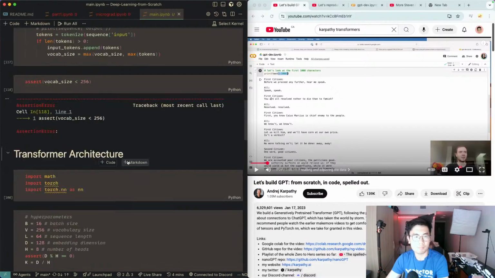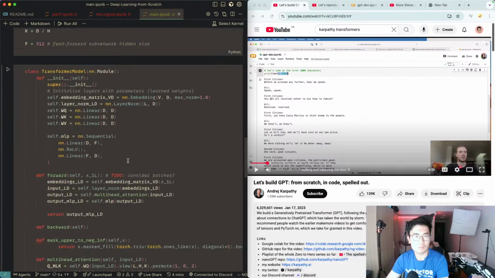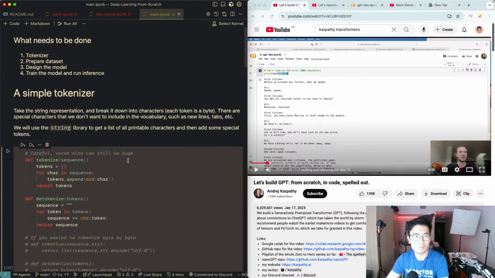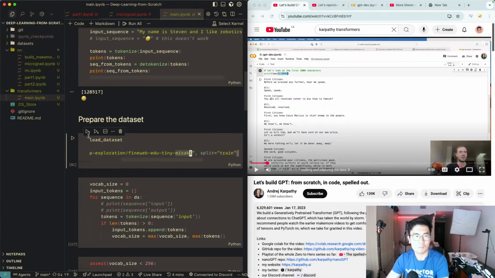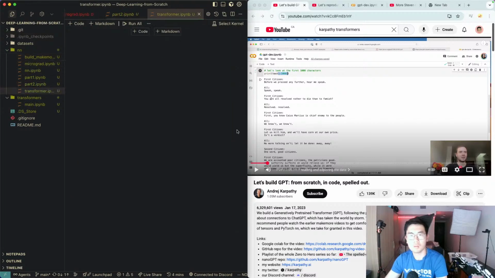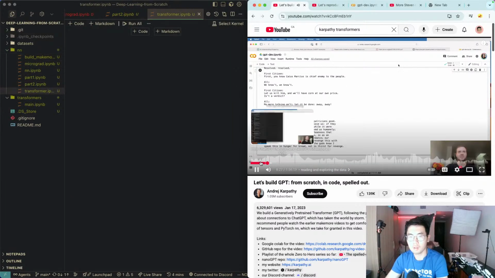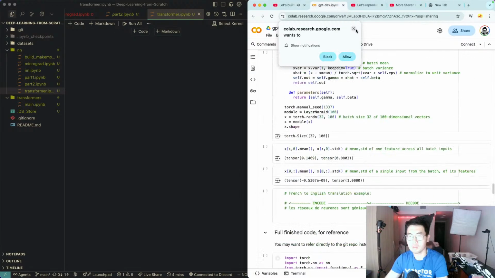Where is this from? are basically what you would expect. This is the first 1,000 characters of the Tiny Shakespeare. Okay, so